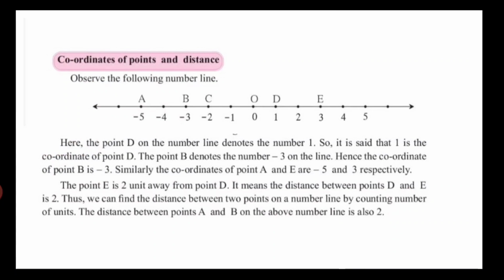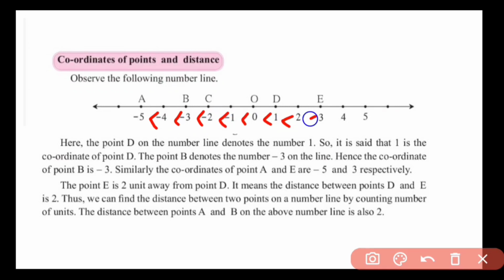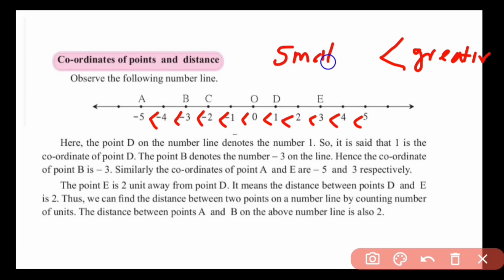So if I put a comparison sign over here in the number line, I can write the sign like this. Okay, in this way I can put a symbol of comparison between two numbers, and the mouth opens at the greater number, we all know that, and the mouth is closed towards the smaller number. So what does it show? It shows that minus 5 is smaller than minus 4. That means minus 4 is bigger than minus 5.